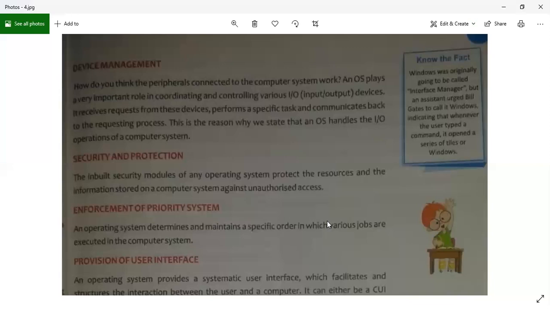Security and protection. The inbuilt security module of any operating system protects the resources and the information stored on a computer against unauthorized access. Now, I am 100% sure most of the students have a lock screen on their cell phones, or we also have a password on the computer. So where does the lock screen feature or the pin feature or the fingerprint feature on the mobile phone come from?